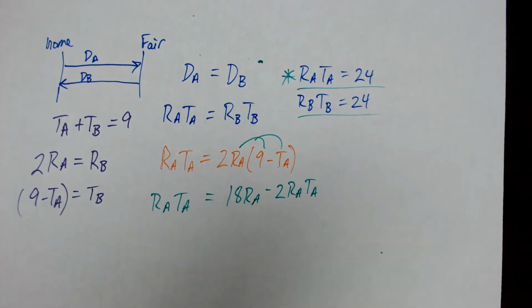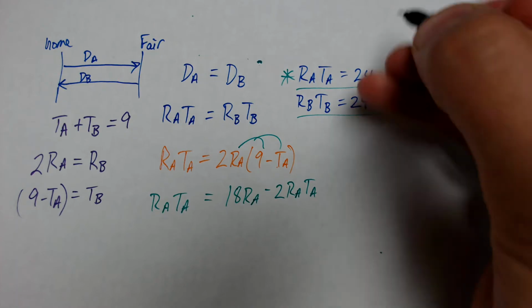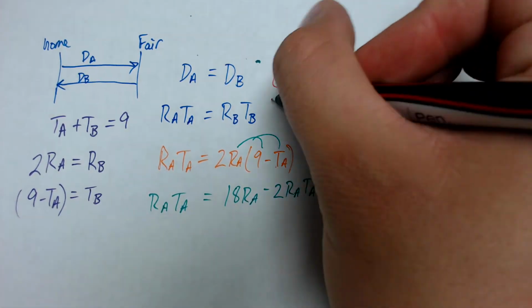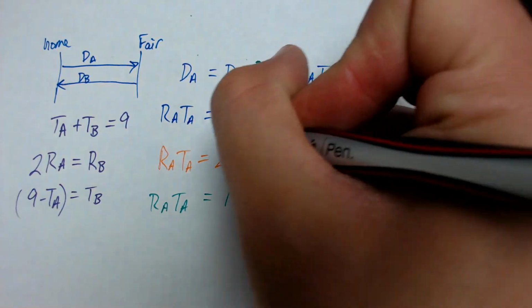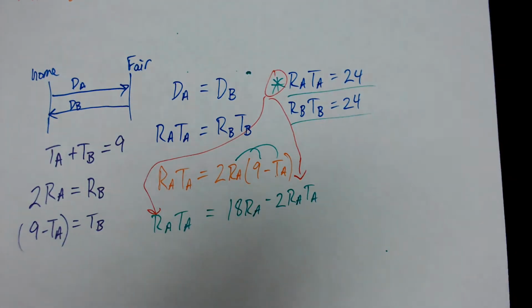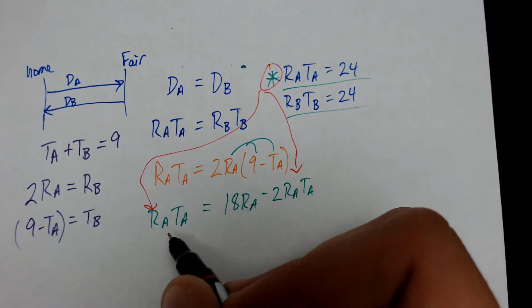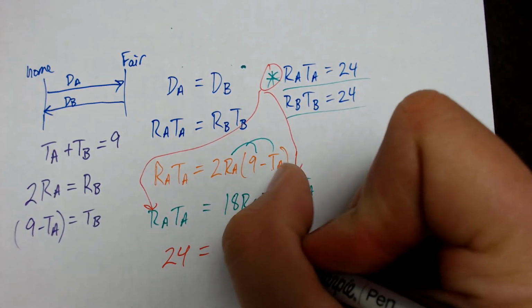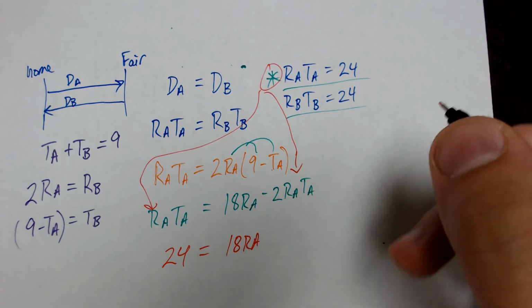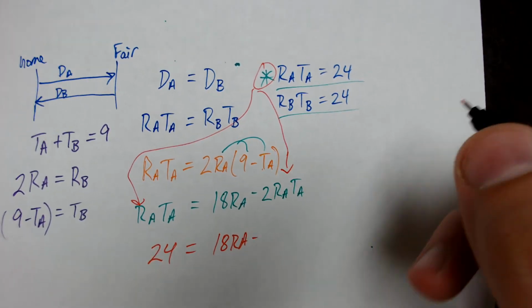So instead of writing rate of A times time of A here, what I'm going to write is, let's go with red. Not sure why I'm drawing arrows. It just seems fun today. So I'm going to substitute rate of A times time of A with 24. So I have 24 equals 18 rate of A minus